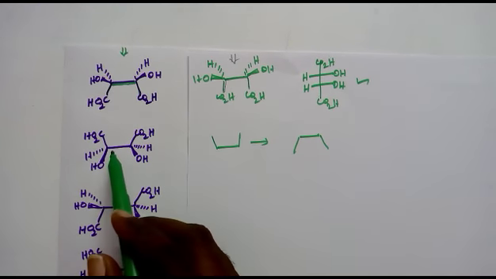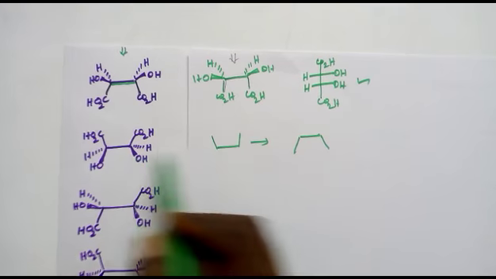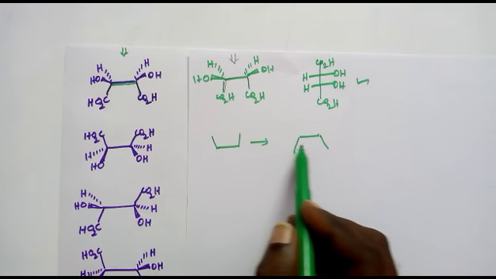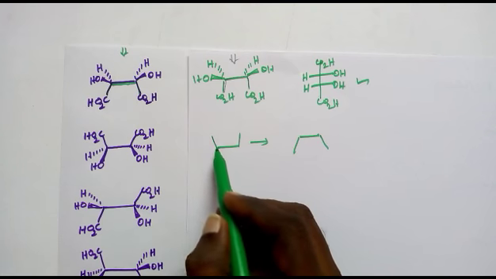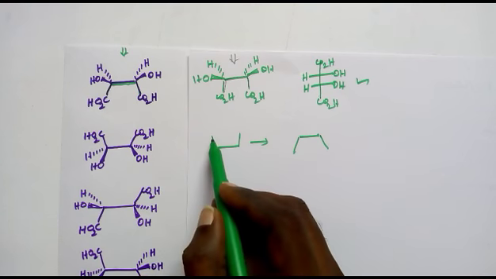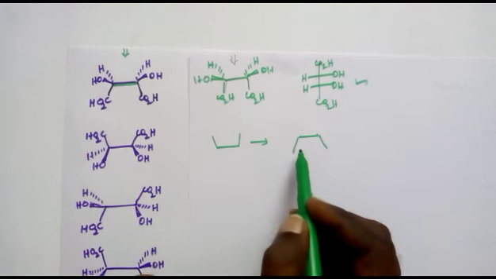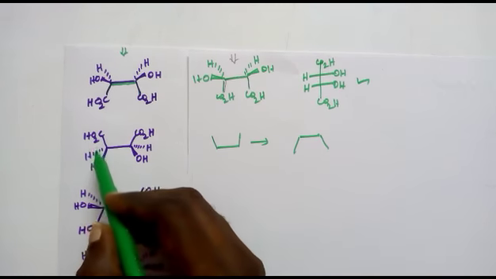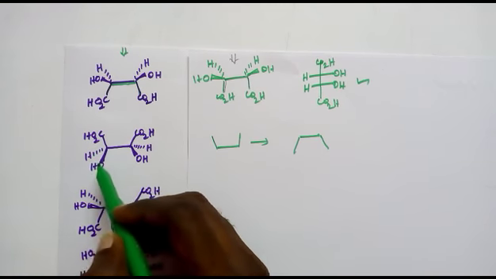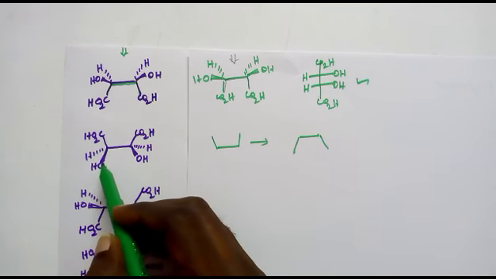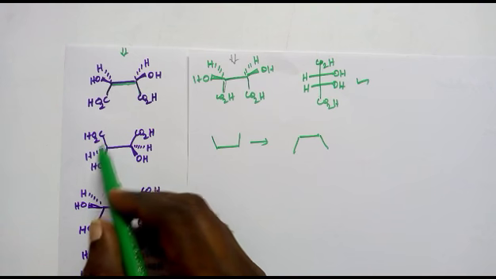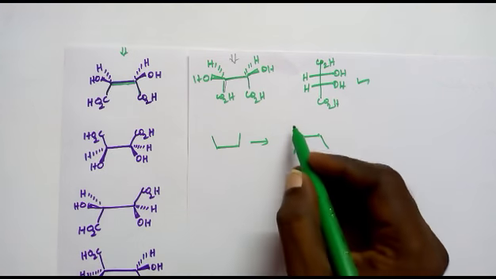Okay, this is staggered, this is eclipsed, both are eclipsed. Now, just for convenience, make it like this. So since you have rotated it 180 degrees, because it is upward, here it is downward, so you rotate it 180 degrees. Then how about these wedge bonds? Since you rotated 180 degrees, the front will go back, back will come front. That means